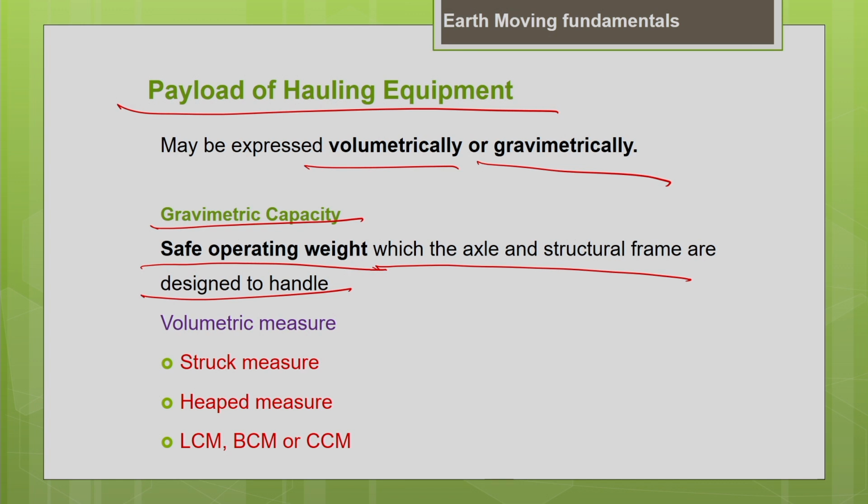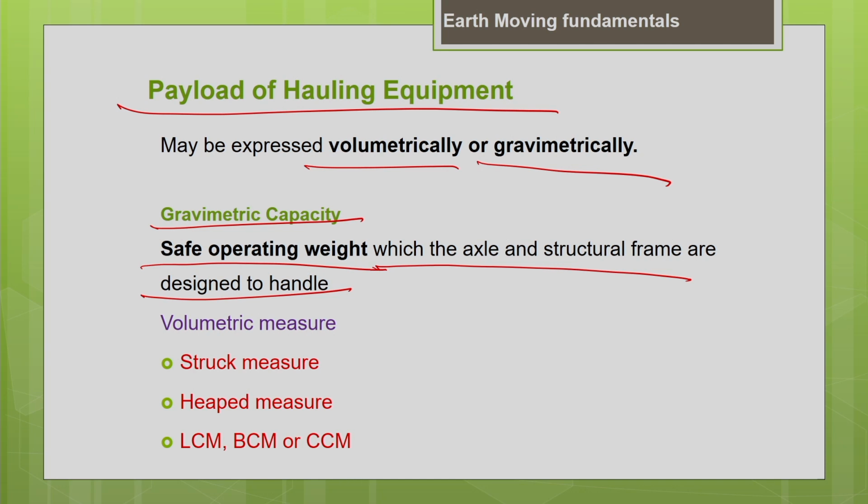You have to be very cautious that you should not overload the machine beyond the safe operating weight as prescribed by the manufacturer. In many circumstances you can see that trucks are often overloaded. They put some side boards and try to increase the capacity of the truck. Obviously, by putting the side boards, you can increase the volume and the productivity of your truck, and you can reduce the production cost. But this will be only for the short run.